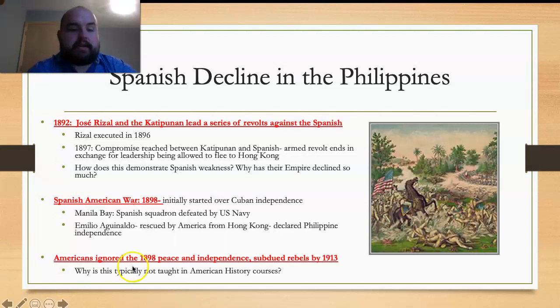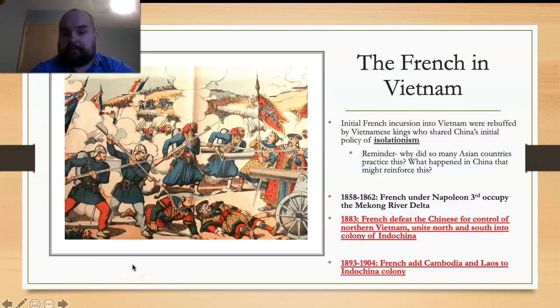However, when America does do things like this, where we ignore someone's independence movement and just take them over anyway, that kind of contrasts with how Americans see themselves and how the American government and military wants to portray itself. So, again, while I'm not saying that America has never fought for justice or freedom, there are instances that tend to contradict that, and those are typically not as focused on in our American history courses. So we need to make sure we are aware of them.